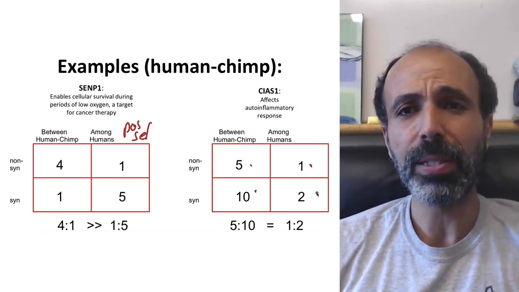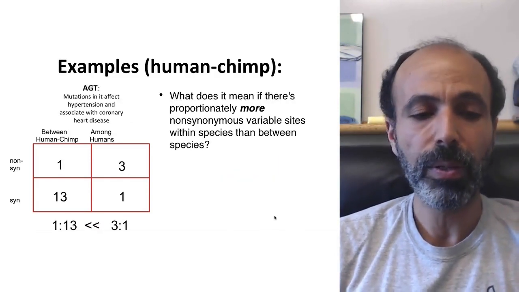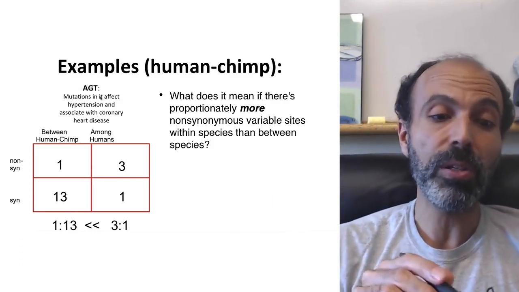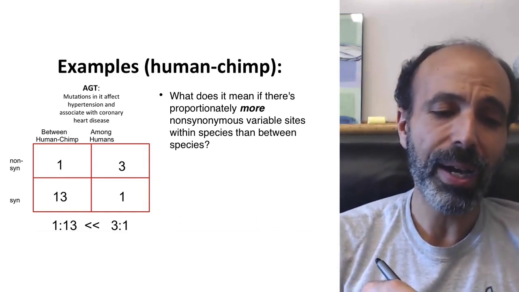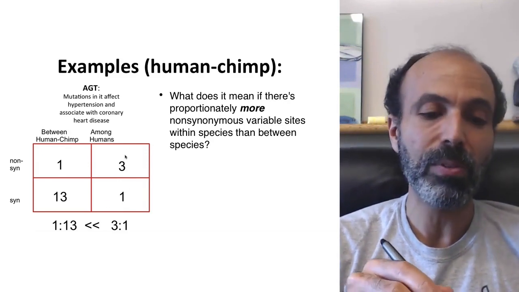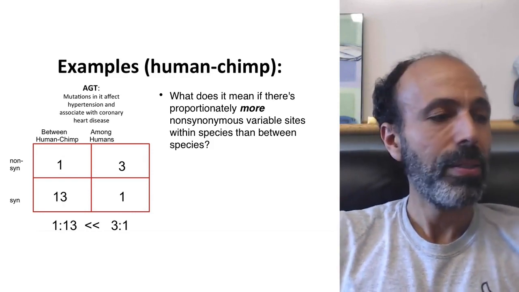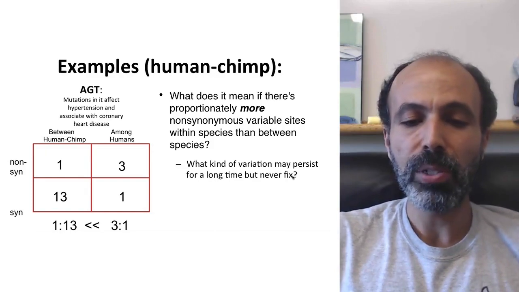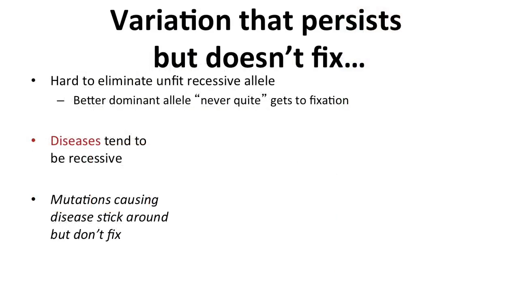Now, what about the opposite? This is what we haven't talked about. What happens when, instead of being greater between species or equal, what happens if it's the other way? So here's the gene AGT. The mutations in AGT affect hypertension, or are associated with coronary artery disease. What happens if you have a high number of non-synonymous differences among humans, a higher ratio of non-synonymous differences among humans than between humans and chimps? What do you think that might mean? So now we have to think about what kind of variation would do this. So what kind of variation persists for a long time but doesn't fix? Well, the answer in this case